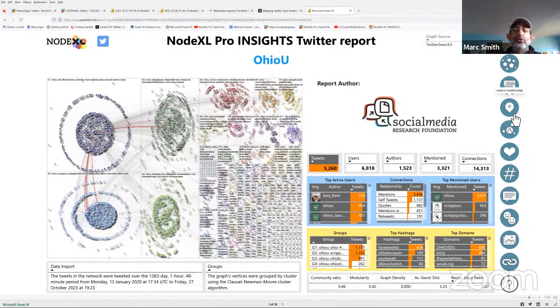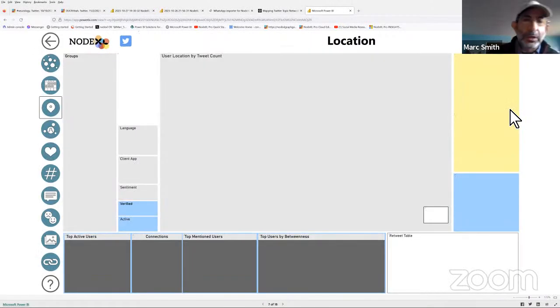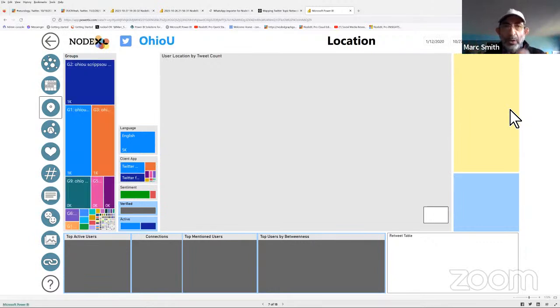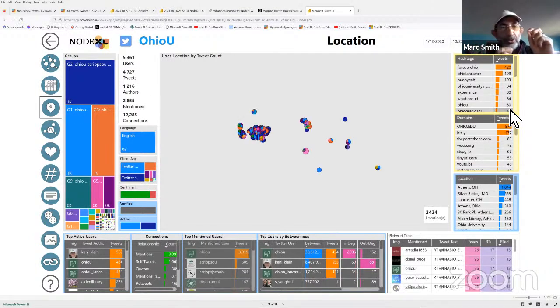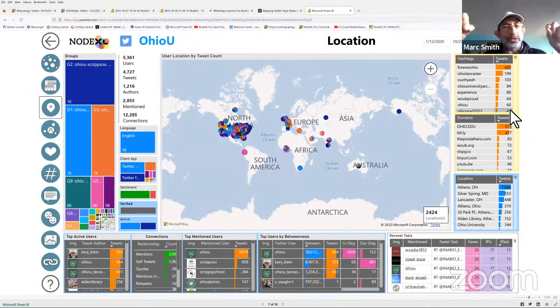But what it's going to let us do is project the data into different kinds of templates. It's going to let us recognize that in social media, there's just a little bit of dimensionality. And what do I mean by that? Well, there's a user, there's a message, it could have a URL on it, it could have a photo. It came at a time, it came from a location, it went to a hashtag, it had a bunch of words. The people in that now have network metrics, they have location data, they have text data. It gets complicated.